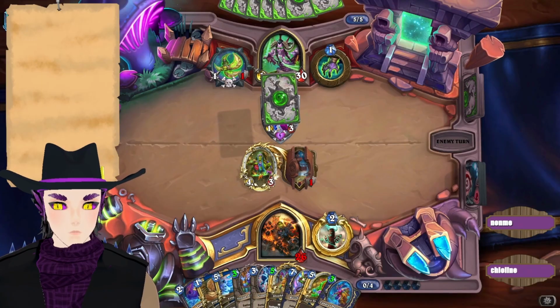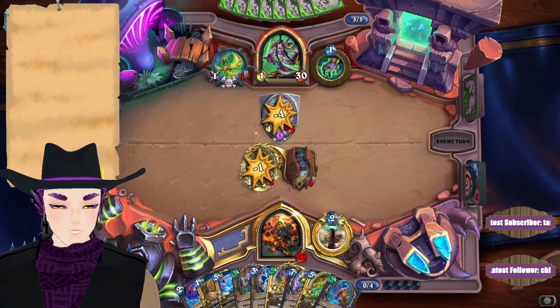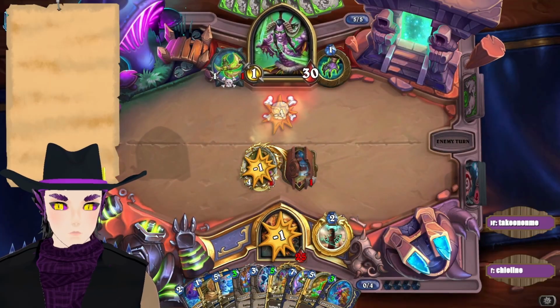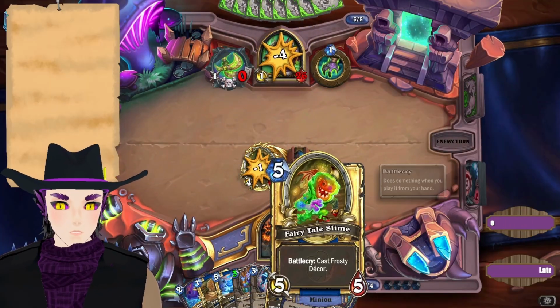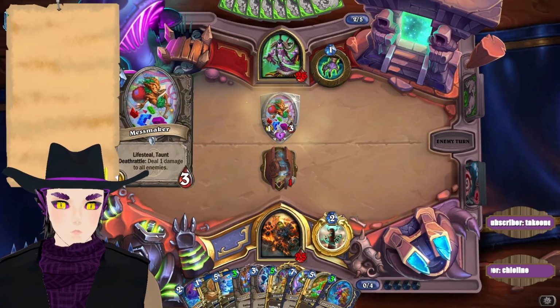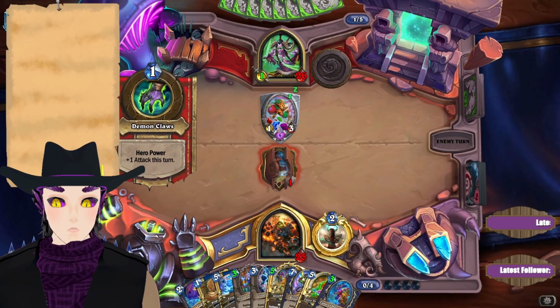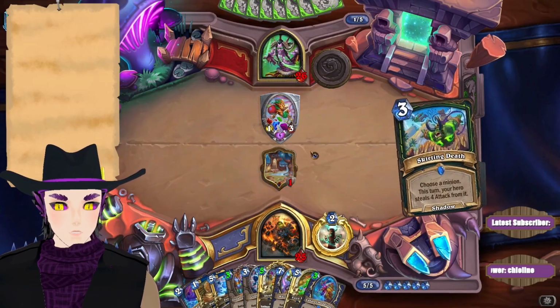We do have a lot of schools of magic, but it just sits in our hand a lot of the time. Theoretically, it's good for mana. I am actually kind of curious if in the last set of the year, we'll see another attack gain card for heroes in Shaman in particular, because